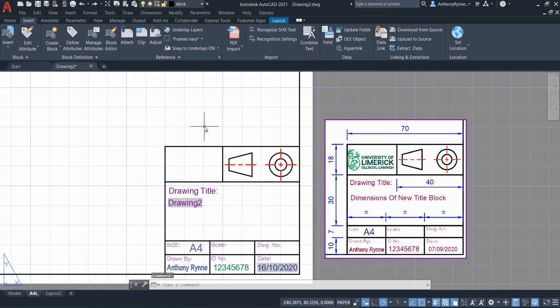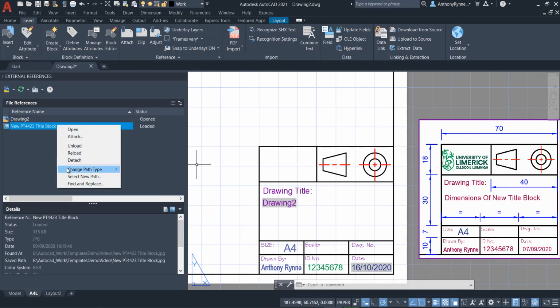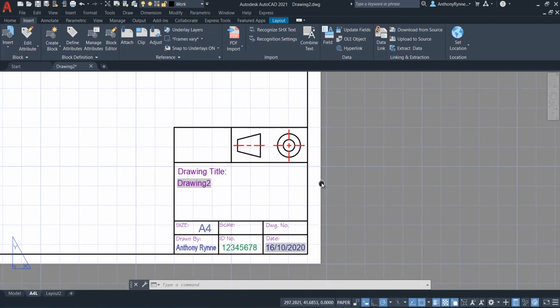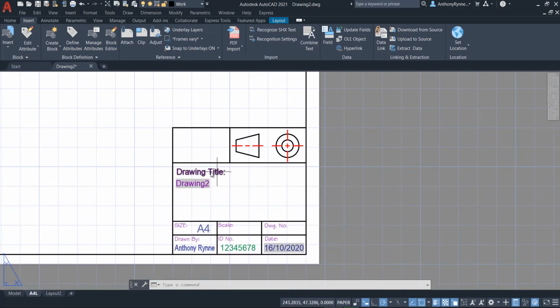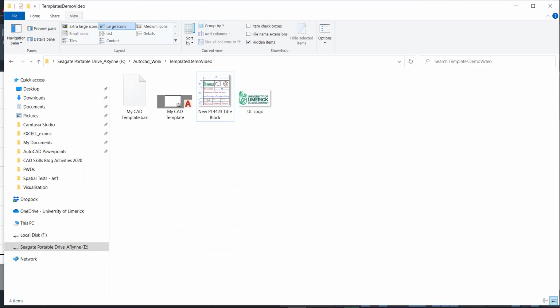So if you were to type in XR, which stands for external reference, this is our temporary title block that we brought in here, so we could see what we were doing. I'm now going to detach this from the drawing and close this external reference. So now I'm going to show you how to embed our logo here so that it becomes part of our drawing. To do this, I'm going to need to open up